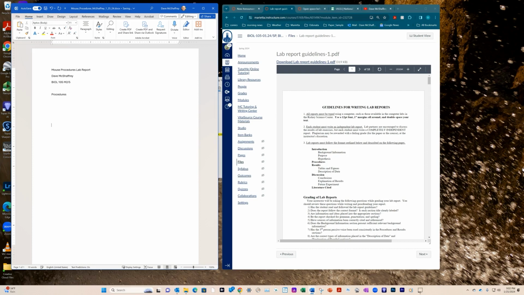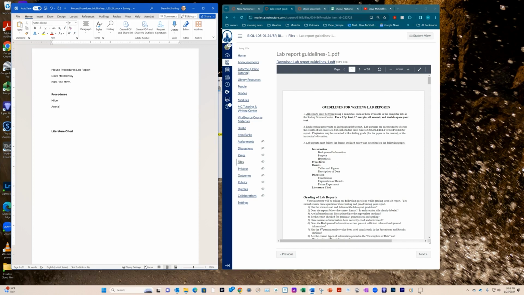and give some space, literature cited. These are the two sections you're going to be doing, and you might want to bold them just to set them off a little bit from the rest of the text. Now, let's consider the procedures. There's a number of things that need to go in here. In class, I usually suggest that you start with maybe the mice, then go on to the arena, and then talk about the experiments. So the first part, and just to make an outline here, mice,